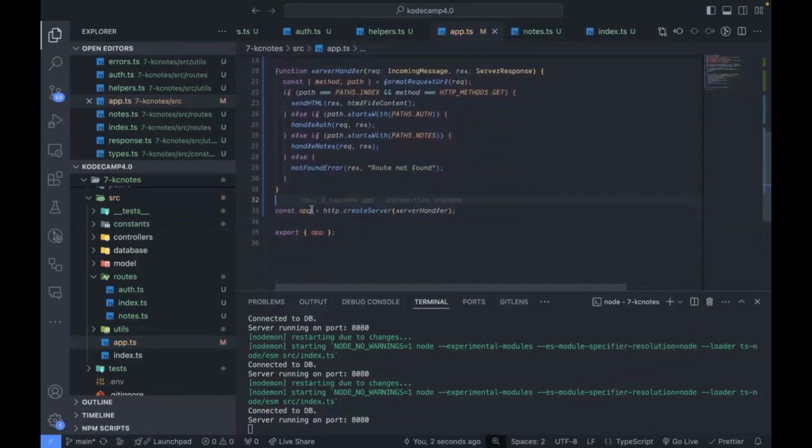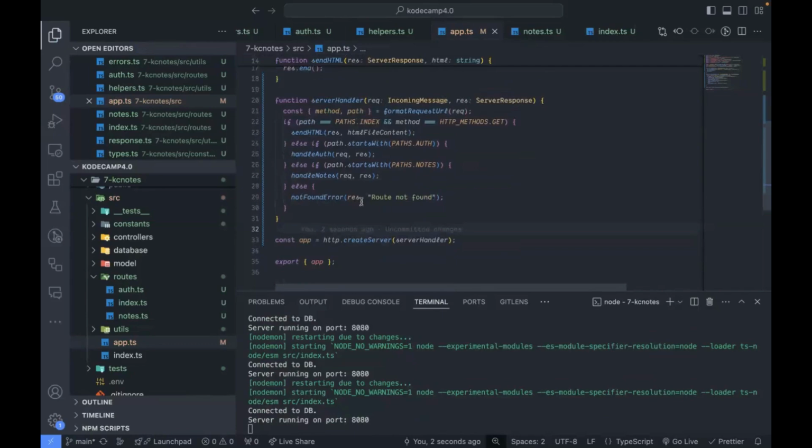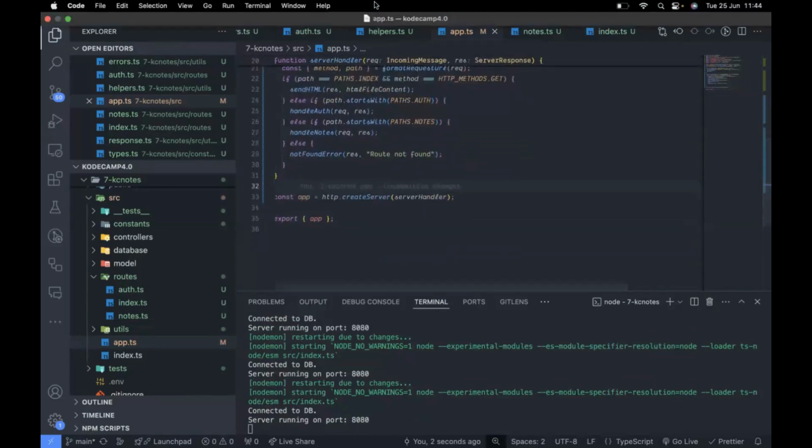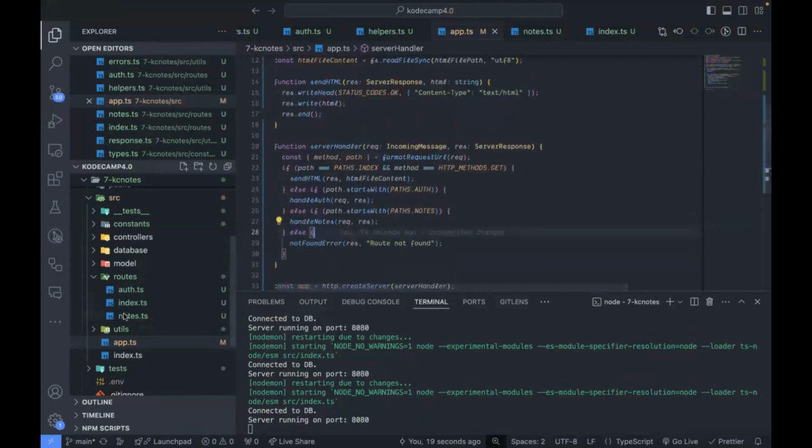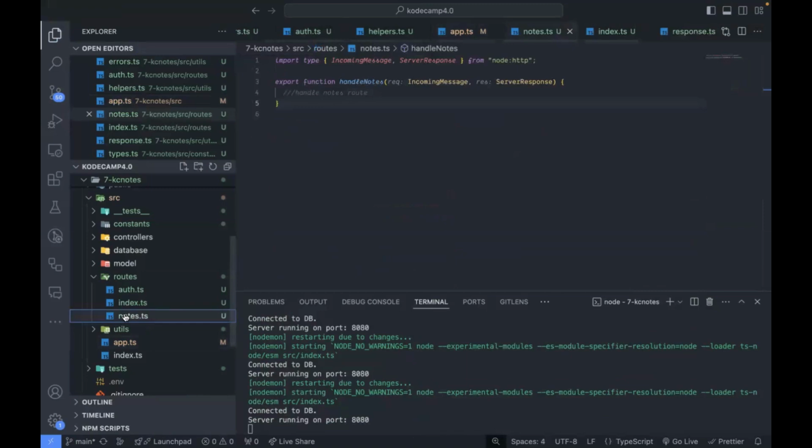I think this is better. Our app is called HTTP create server, and then we have our server handler that handles all of this. And then our code is more readable and cleaner. I'm happy we have a more readable and cleaner code. This is sweet. Okay, so moving on, we have our node